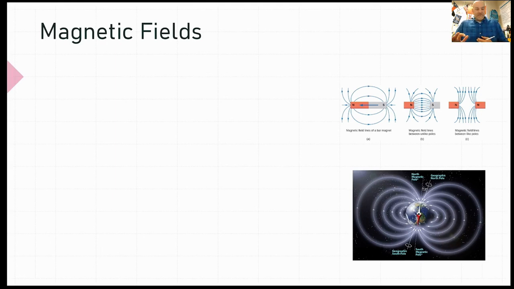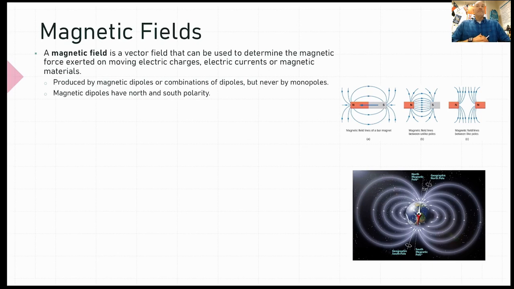talk about. So first of all, a magnetic field is going to be a vector field, much like E fields. That can be used to determine magnetic force exerted on moving charges, currents, and magnetic materials, right? So one thing to note is that there are never monopoles. And what that means is that all magnetic materials will have a north and a south end. And so